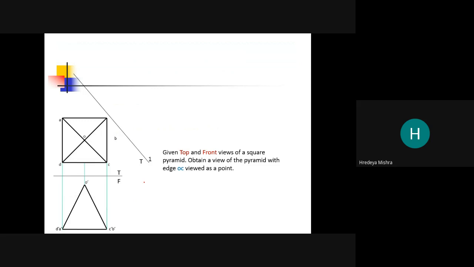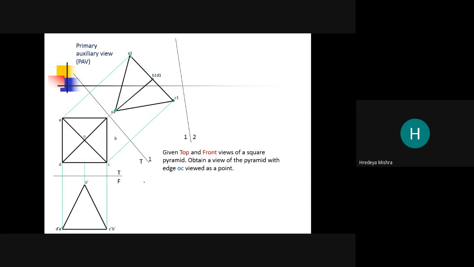Now you can see this is our tapered part and how we can look. See, this is our primary auxiliary view, and now this is our secondary auxiliary view. So what is the difference you can see here?